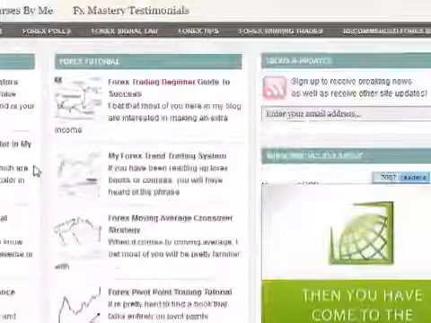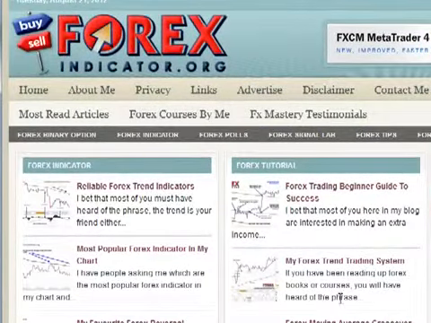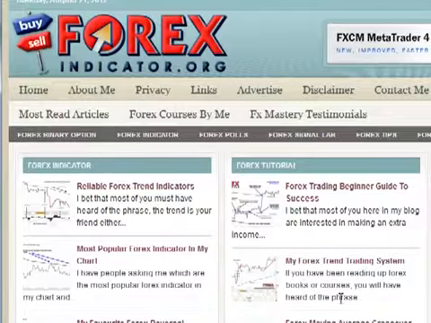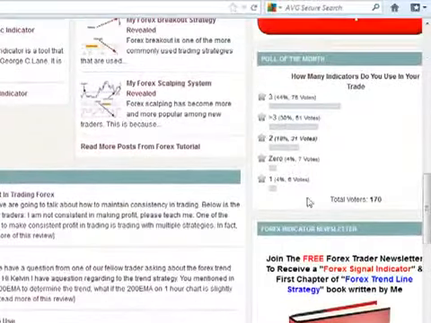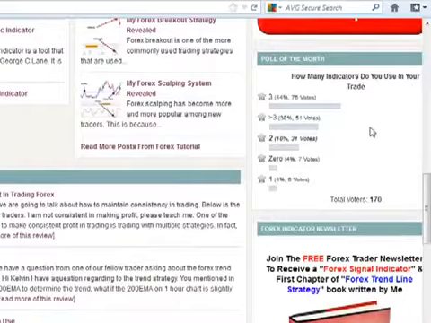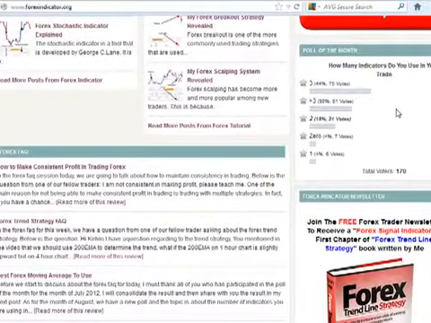For you who come to my website, I hope that you spend some time to read through all of this, because it took me quite a lot of time to write these articles. There's also a poll here. Every month I'll try to change the poll so that you have a better understanding of how other traders trade. And I'll share with you the